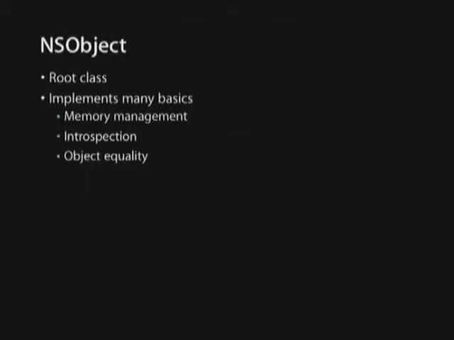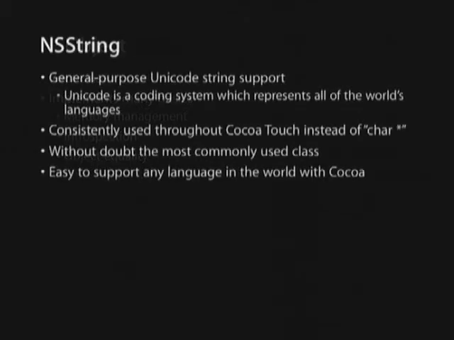So let's look at some of these. I'm going to try and whip through these. NSObject, again, is the root object. Everything derives from that. It handles memory management, introspection. It has basics for things like equality. You can ask any object to perform a selector, and it's the NSObject implementation of that gets called and dispatched. We start getting into some subclasses. So NSString,